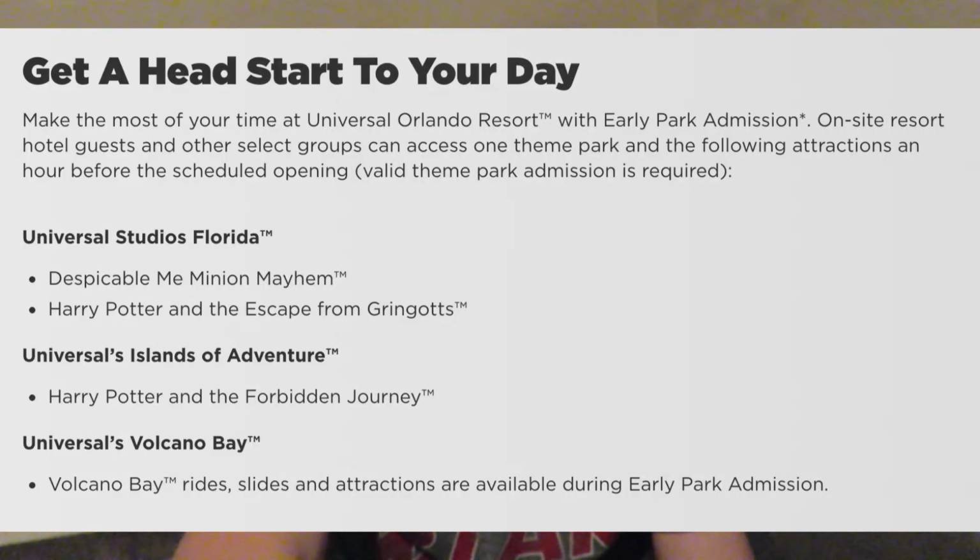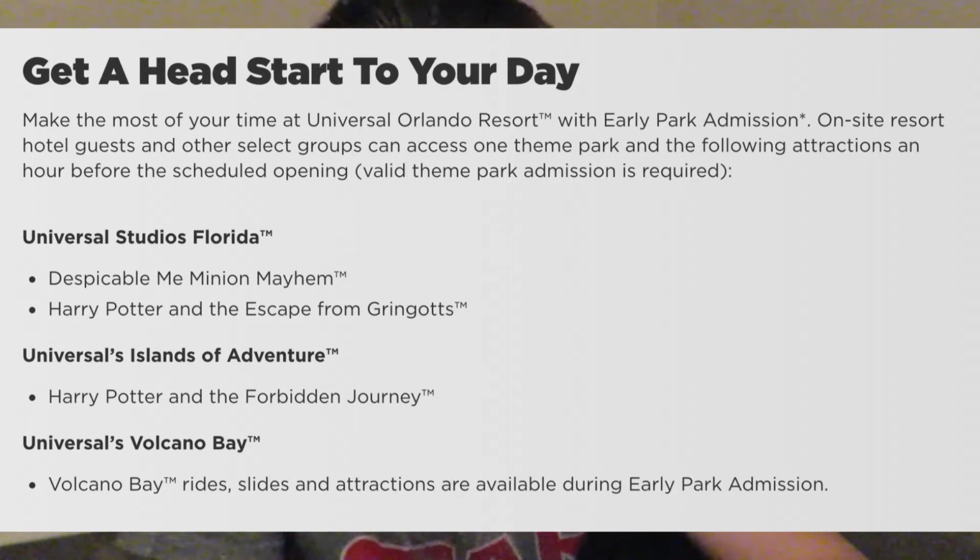Now, early entry differs between Islands of Adventure and Universal Studios, depending on whether it's Hogwarts or Hogsmeade. I think you can only find that out on the day. So just check with your hotel on the morning to see which one's gaining early entry for that day, or the night before if you want to plan ahead to see who's letting you in early. Not all the rides are open as well, so I don't think that you're going to get free run of the park. It's usually select rides, but mainly it's to get into the Harry Potter areas before everyone